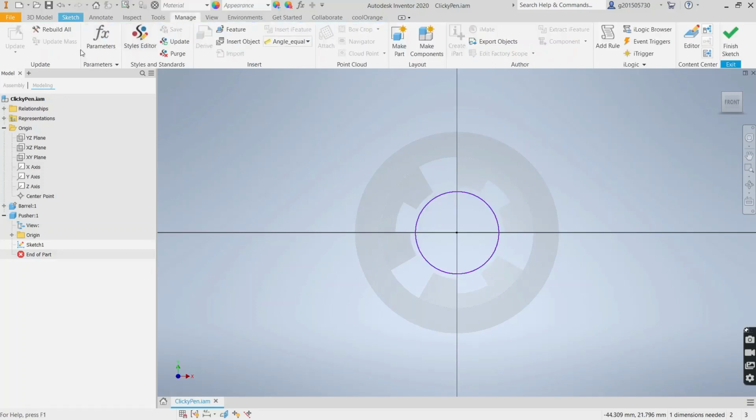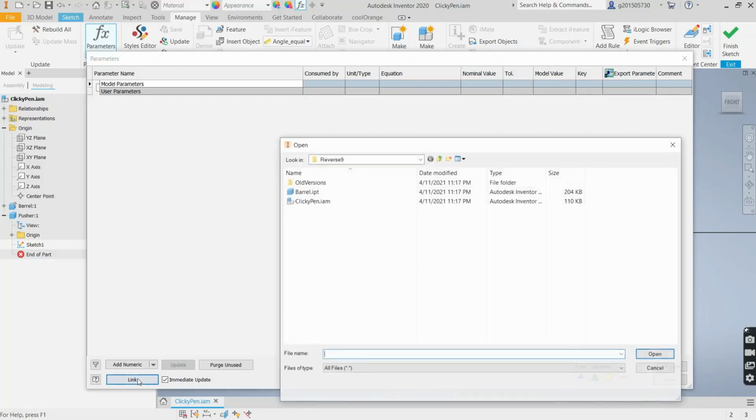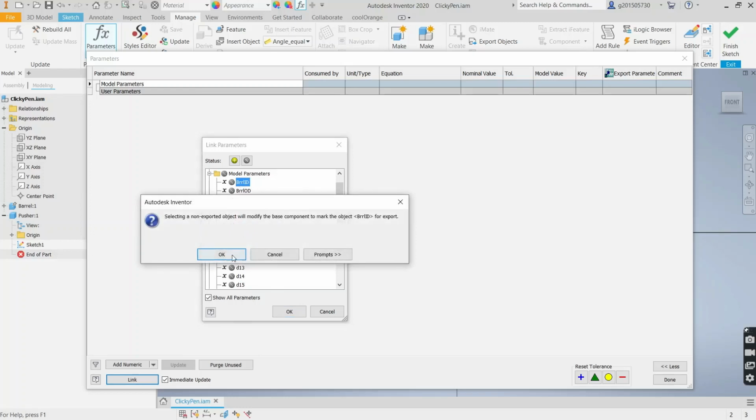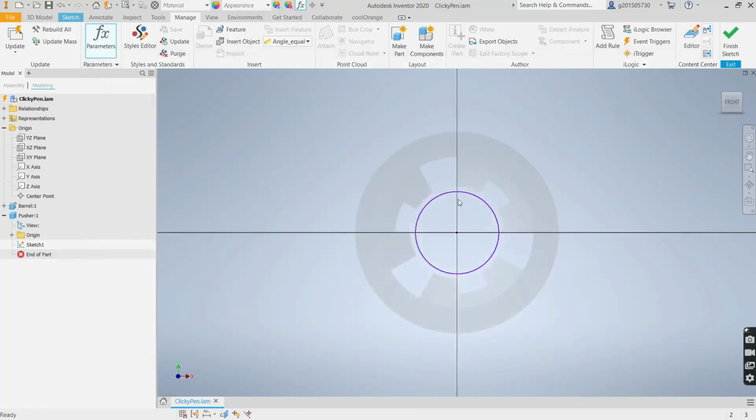But first we need to link those parameters. Link and select the barrel. And we need the barrel ID. And we'll need the low cam. Sorry, we'll need the high cam. And select OK. So basically it's going to be the barrel ID minus the high cam times 2 plus whatever clearance you have. So we can say, I don't know, 1/4 of a millimeter. So that'll be the equation